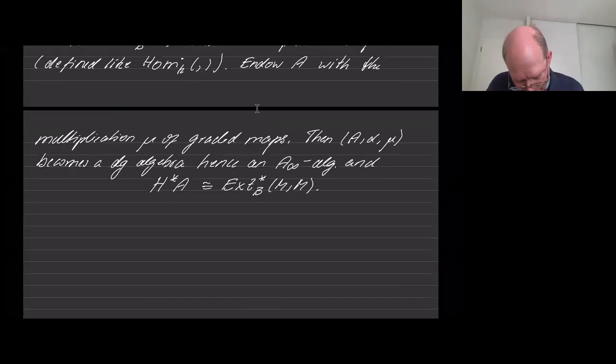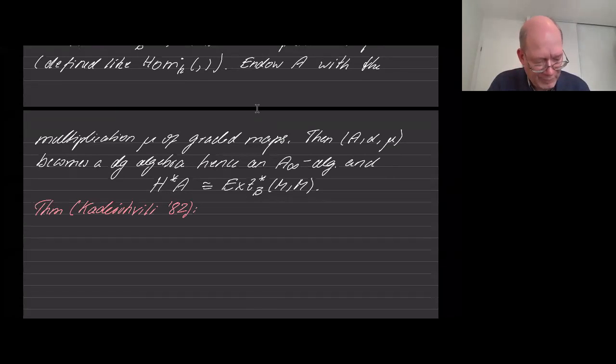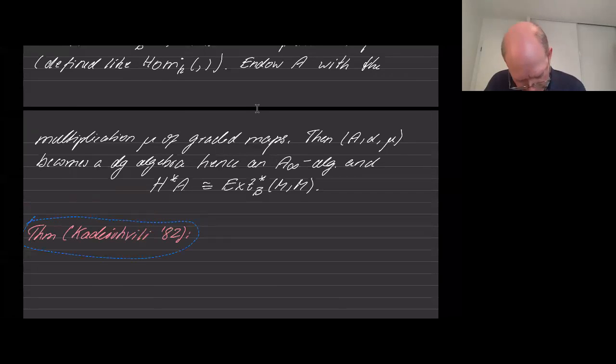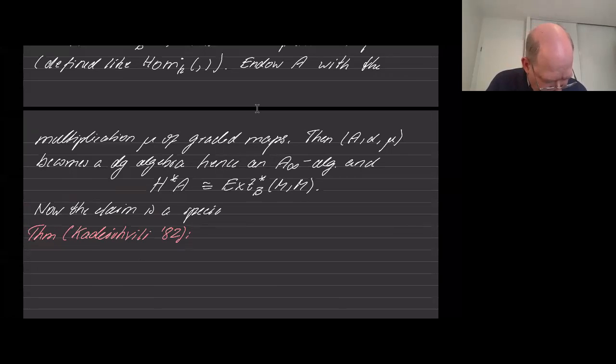So this is a theorem first proved by Kadeishvili long ago in '82. Namely, I should say that this is a special case. So now the claim that we have this A infinity structure is a special case of Kadeishvili's theorem, which says that if we have an A infinity algebra A,